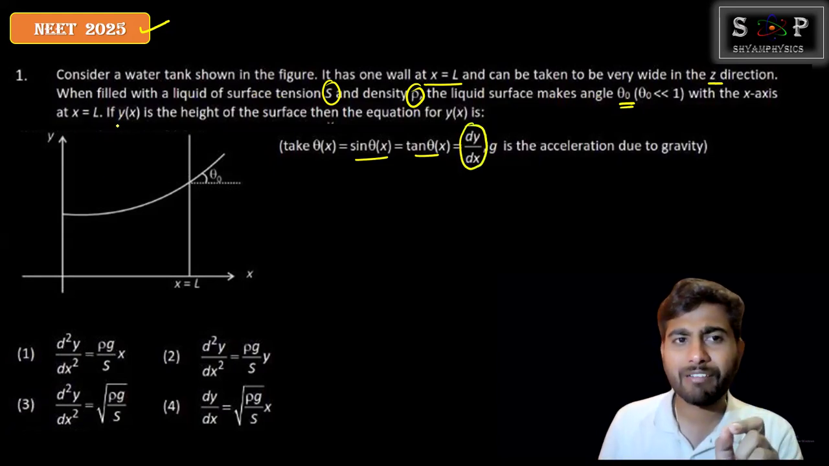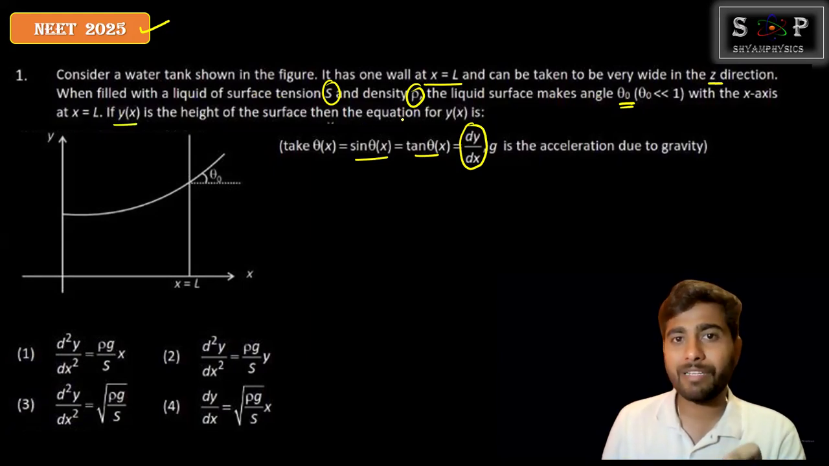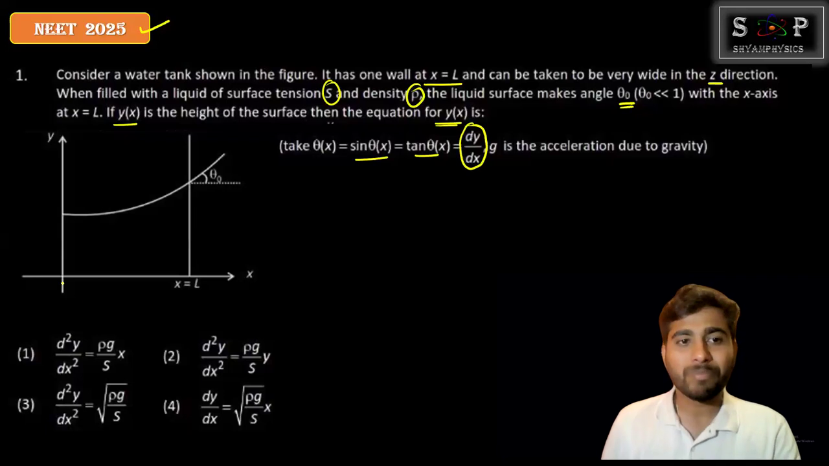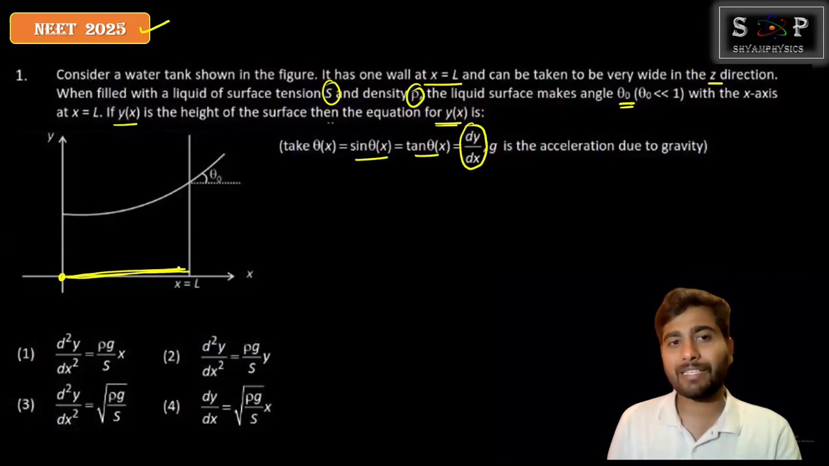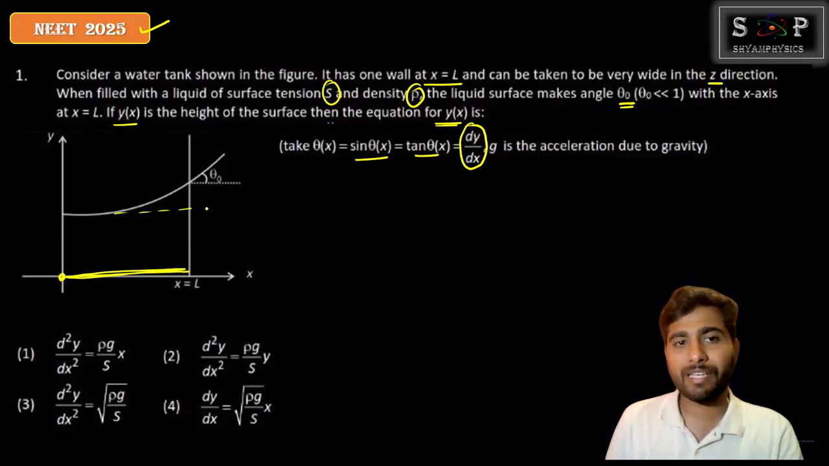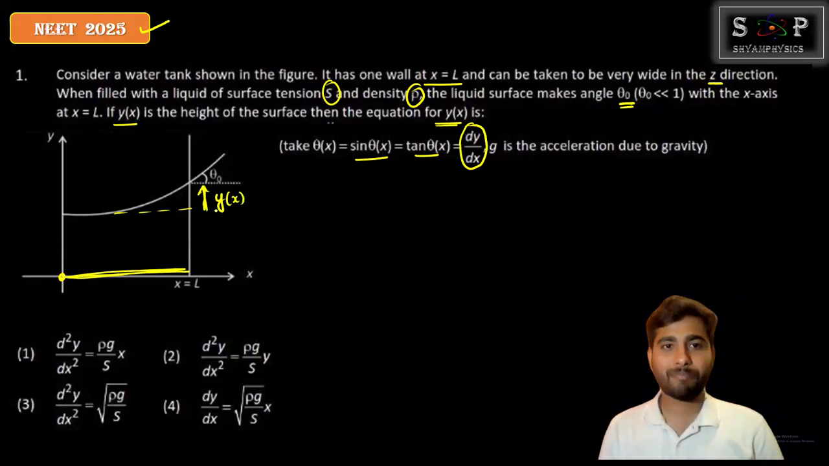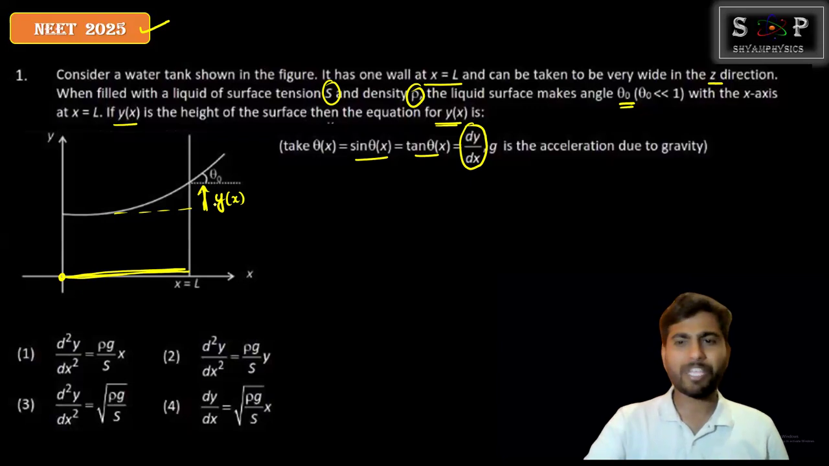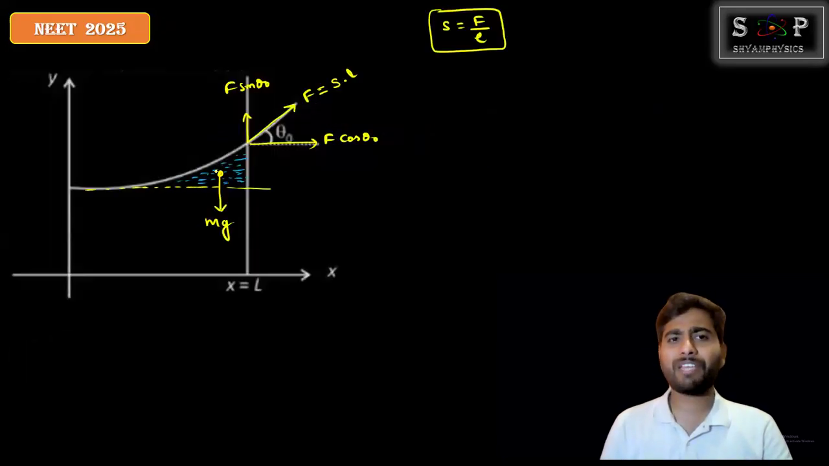Now, what we need to calculate: if y of x is the height of the surface, then find the equation for y of x. That means from the origin, at a distance x, the height which is raised by the liquid. They're saying y is the height with respect to x distance. This value we have to calculate. In order to calculate that value, it is very simple. I will use